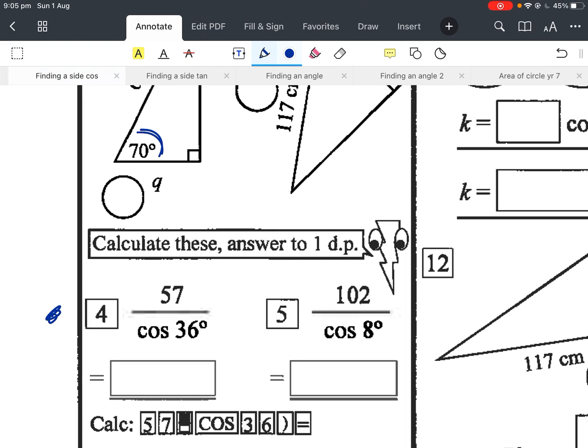Hopefully, if you've got a Casio, you can use the fraction key. So this one here, I'm going to press my fraction key first. I'm on my Casio, and I'm going to put 57 up in the top. If you've got a Sharp, you can use this as well. You can use your fraction key, but you have to remember to put the cos and the 36 all in brackets. If you've got a Casio, you don't need to do that. So I've put 57, then you press your fraction key if you've got your Sharp, open your brackets if you've got a Sharp, and then press cos. Okay, my calculator opens brackets automatically, that's okay. I'm going to put a 36. Make sure you close the brackets if your calculator opens them automatically. Then all I have to do is press equals, and I get this